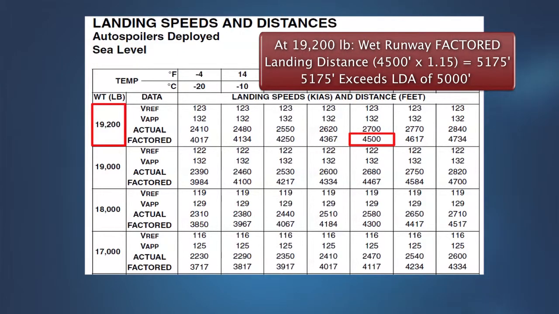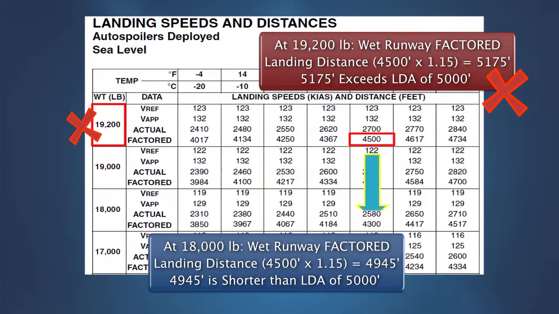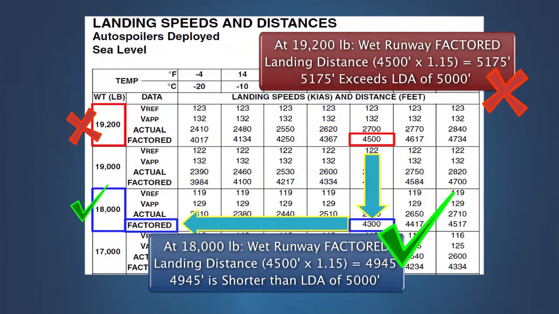The factored wet landing distance exceeded the landing distance available, so we cannot legally take off. We will need to reduce the planned landing weight. If we multiply 4,300 feet by the wet runway factor of 1.15, the resulting distance is shorter than the landing distance available. Therefore, our takeoff weight must be reduced to a value that permits a landing weight not in excess